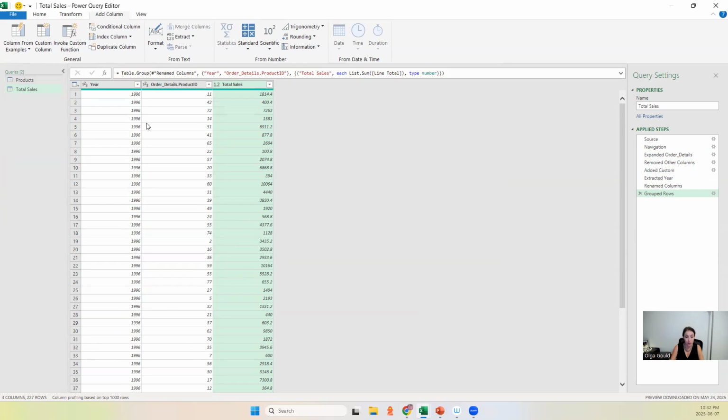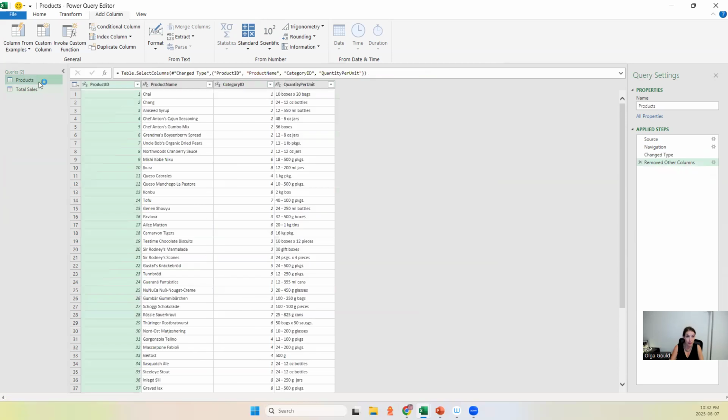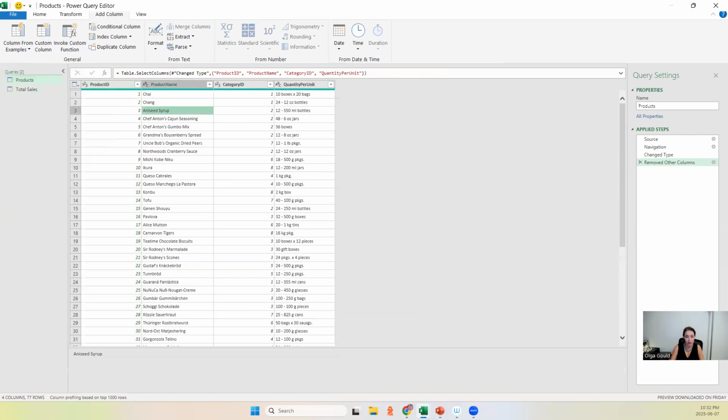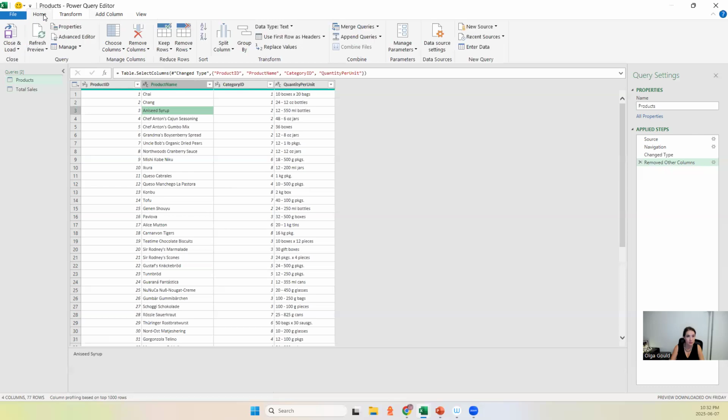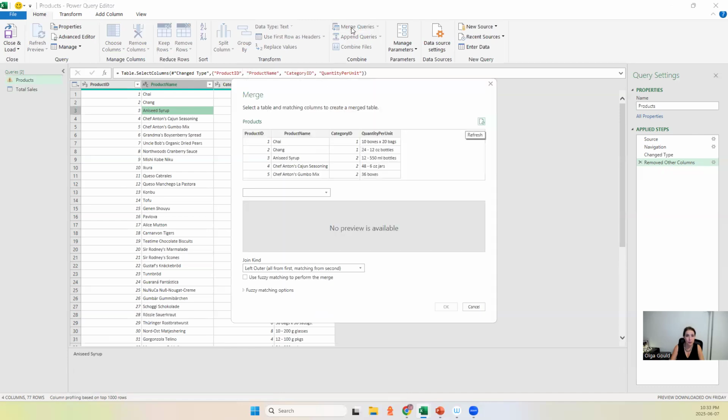So how do we merge? We go to the products query, and then we select any cell, and in there, we go to query. Oh, we need to close. Okay, merge queries. So in here, you're going to say,